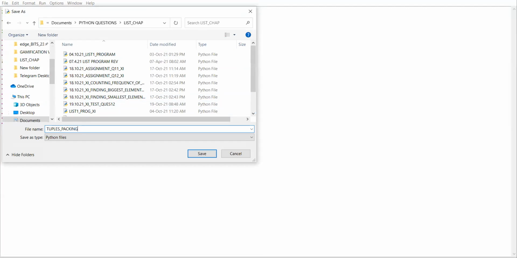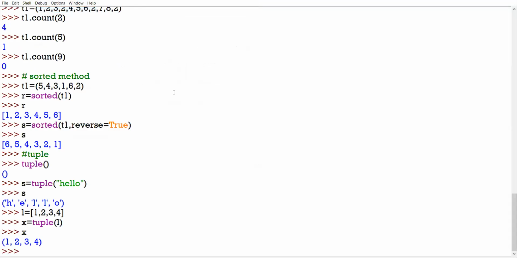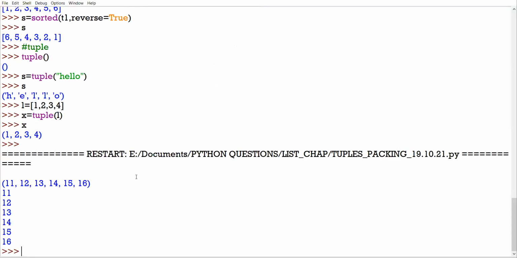Tuples packing. Okay. Now I run it. Check it. Please check the result, all of you. The result is in front of you.